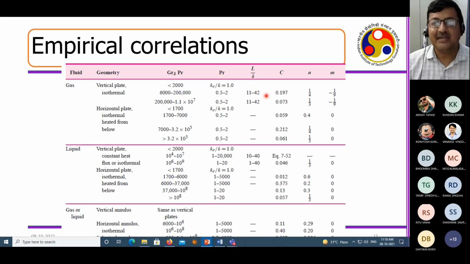Why? Because you can really create an app. Say you just keep selecting, okay, I want to design this heat exchanger, I want a heat transfer coefficient, I want to know the thickness of the boundary layer. So immediately the smart system should be able to give you, from the database, the different numbers. And those types of AI based apps will be very, very highly valued. Somebody who is taking initiative in that direction and really compiling the data in a single framework can be a champion, maybe in 10 years time. And I'm sure many are doing that.